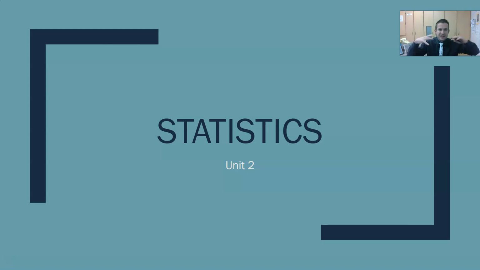So statistics is really its own field. We have a field of mathematics and we have a field of statistics, but they're really closely related and they're very, very helpful to learn about together because they use a lot of the same materials. They use a lot of the same stuff. So that's what this unit is going to be about, is statistics. If you don't know what that means, that's okay. We're going to talk about it.